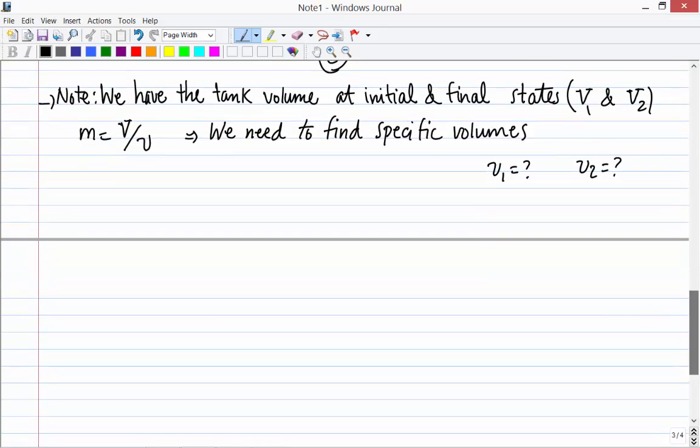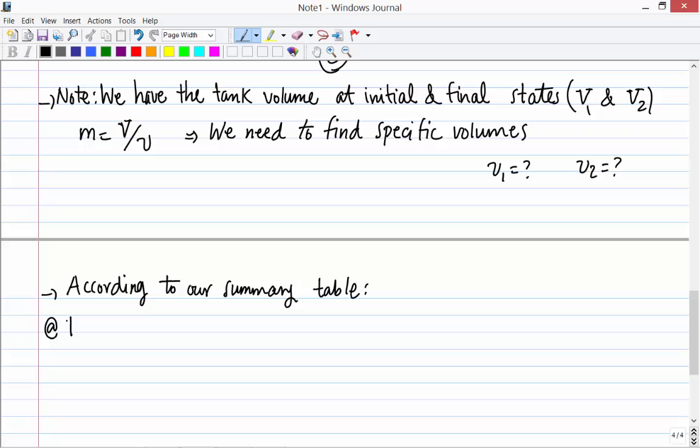Okay, let's go for these. So based on our summary table,